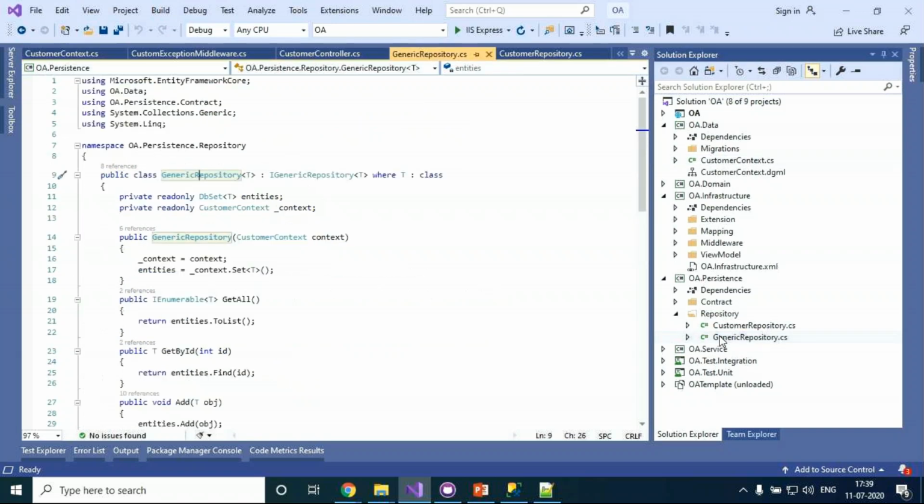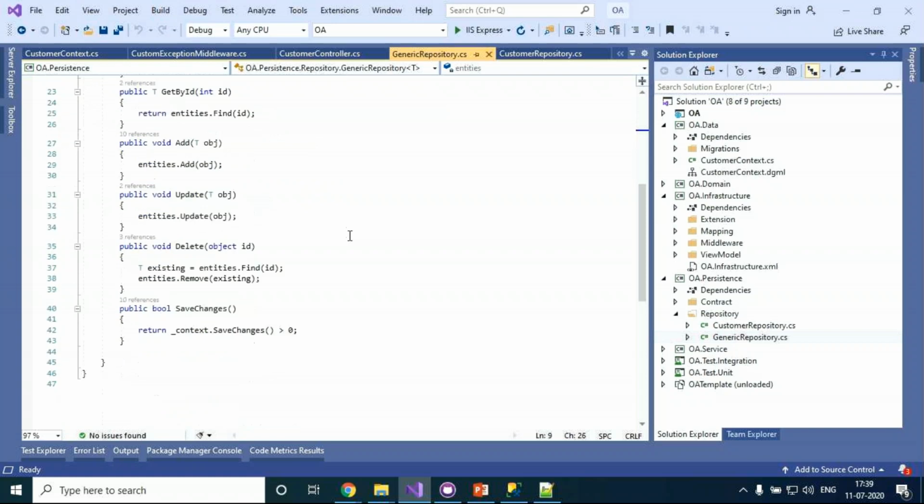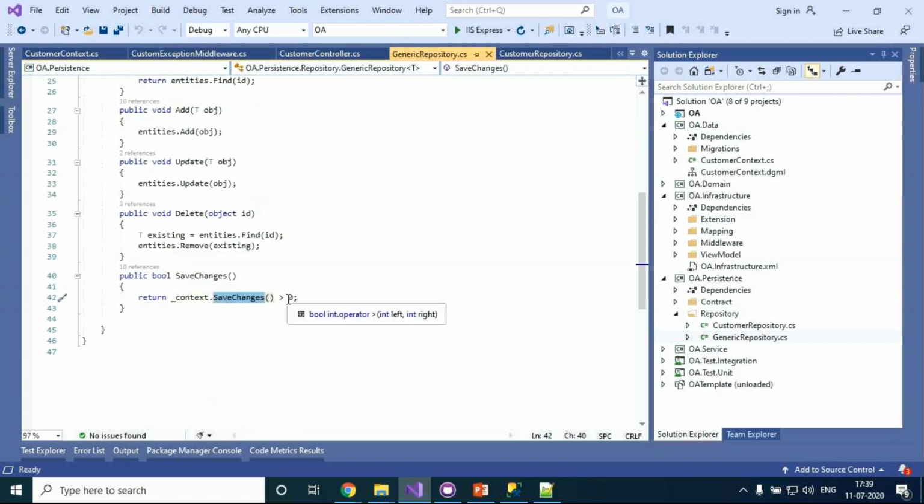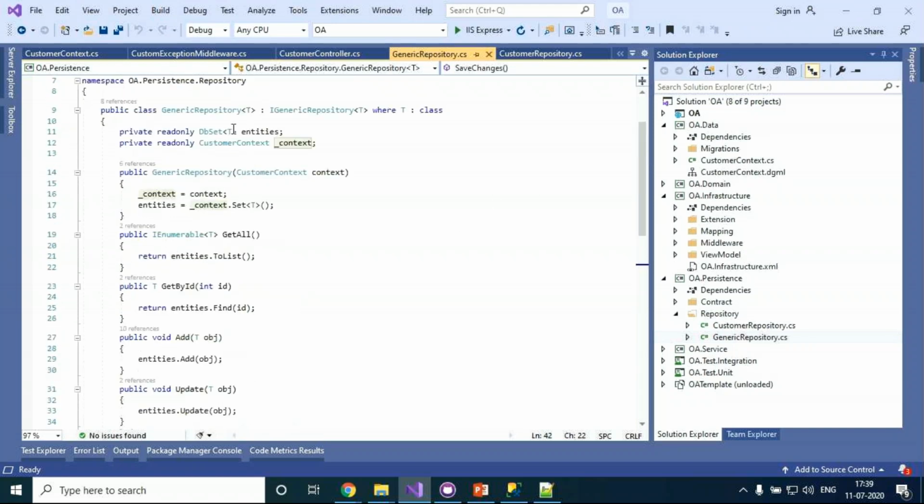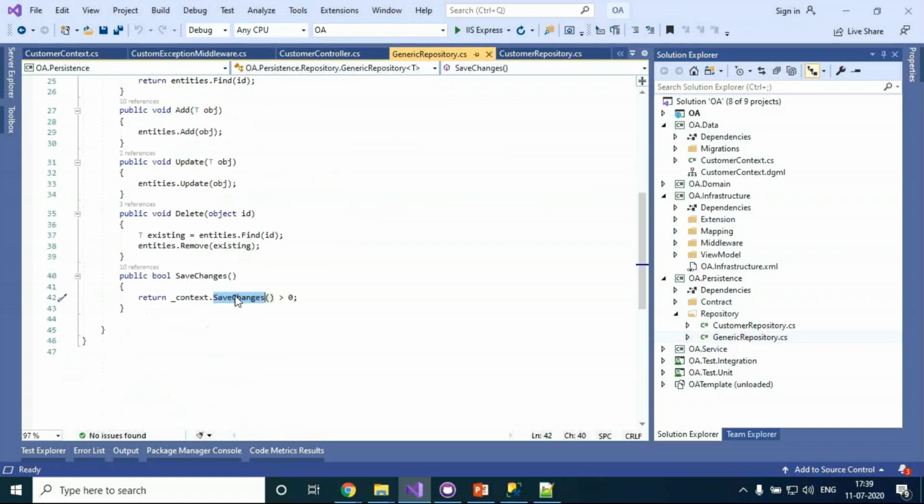You can see here context dot save changes. This context is my DB context, which is nothing but the Entity Framework context. So here save changes is my unit of work, and DB context is a repository design pattern. Here in persistence, I'm talking about repository also.